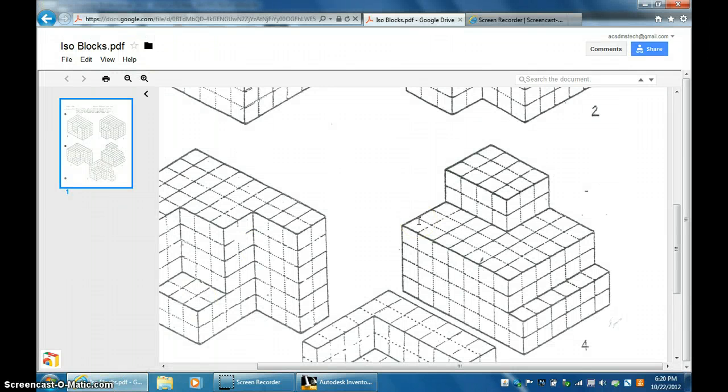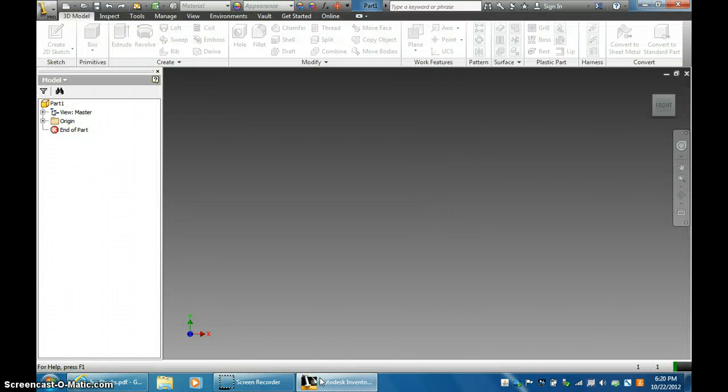So, this is a drawing you can do in 2 or 3 extrusions. You can do it by counting the blocks and making 1 extrusion, then cutting this section out, and then joining this section on, or you can do this whole part in 1 step, and that's what I'm going to show you to do. So the first thing, I'm going to draw a rectangle that's 4 blocks by 8 blocks. So let's go back to Inventor,